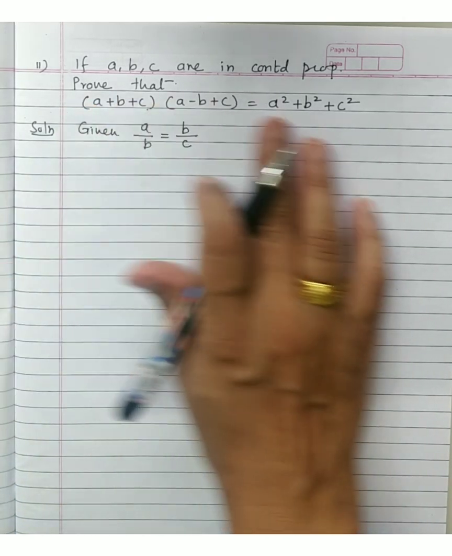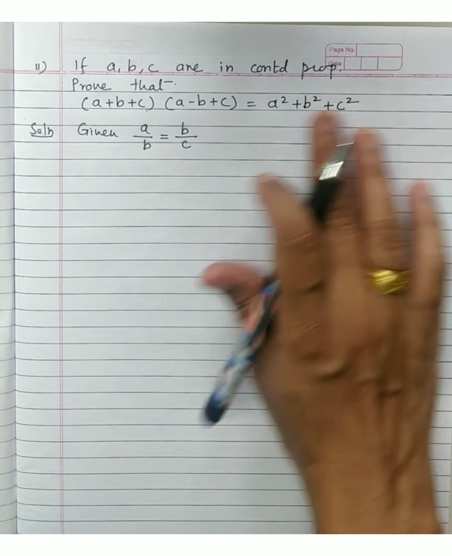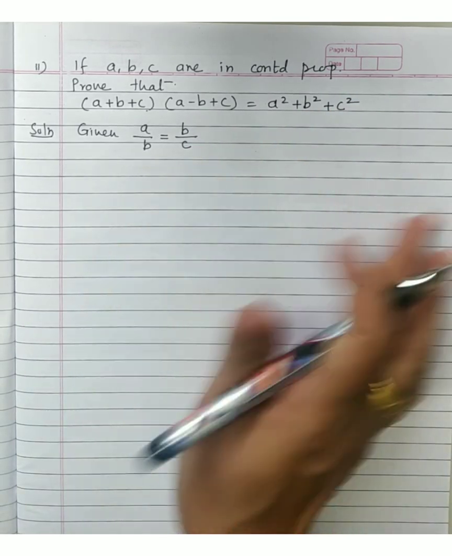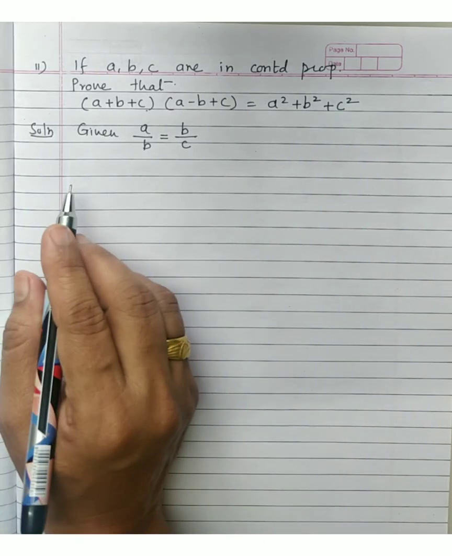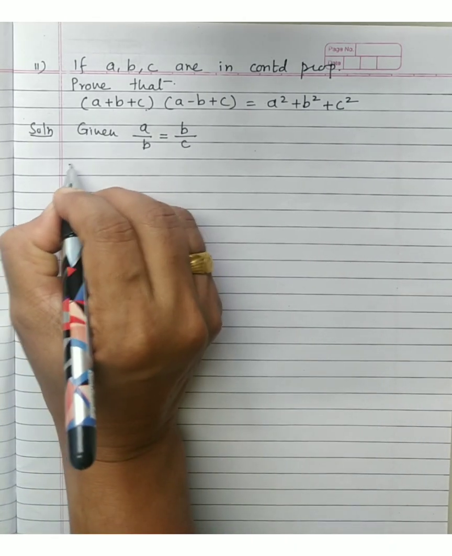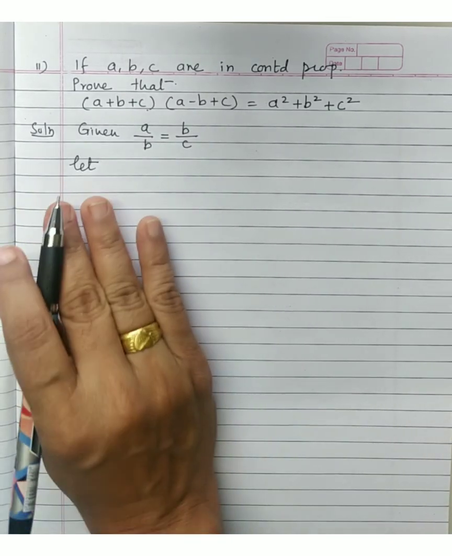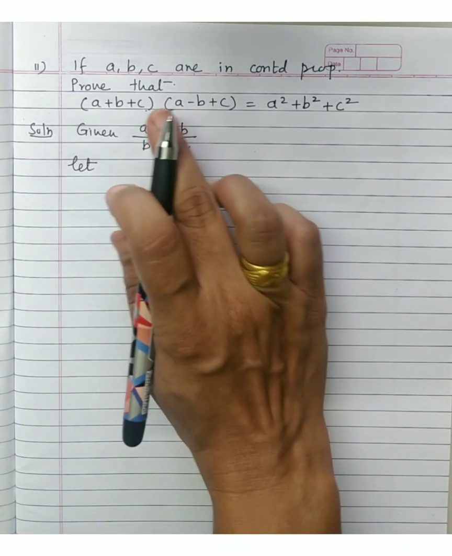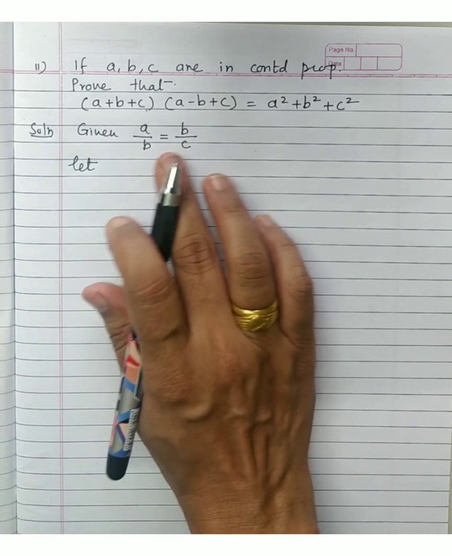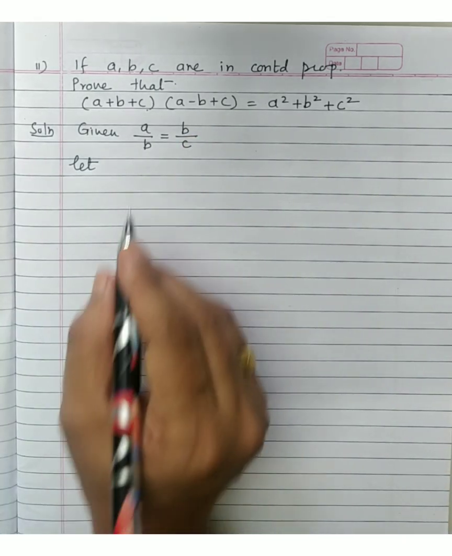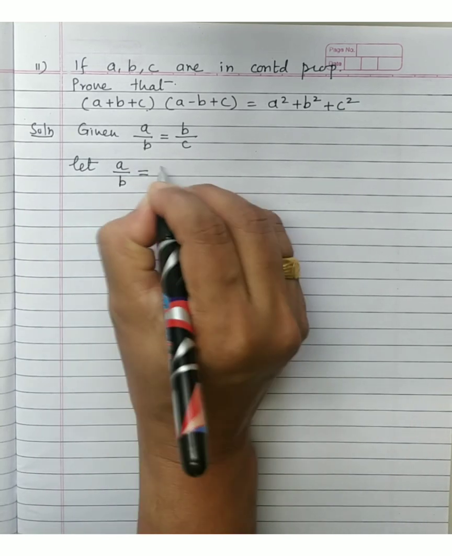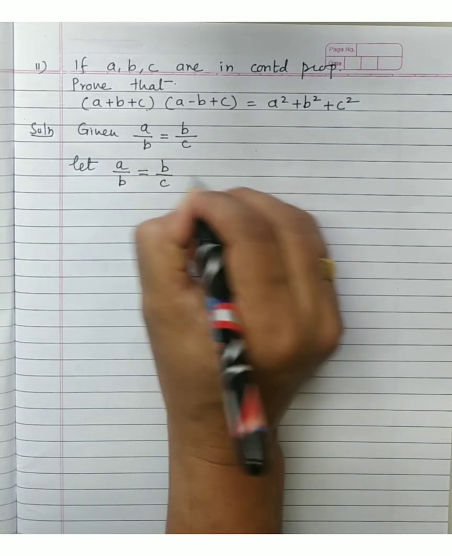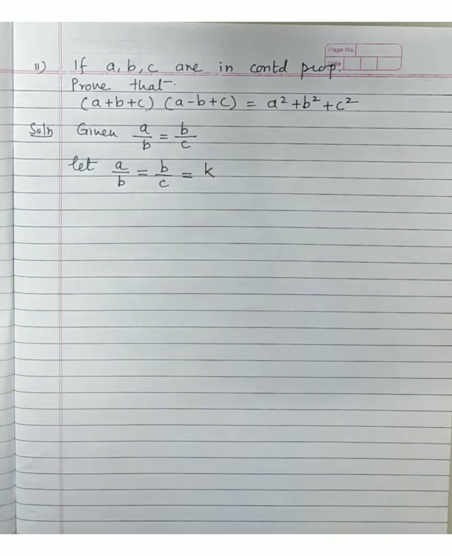But you see that if you start with one side, then it might sometimes go complicated. So there is one more method we'll go for. You need to observe the question and you need to decide the method. So I will assume, what is this method? K method. In this method, what do I do? Both ratios given, I assume both ratios are equal to some constant K. So let A upon B, which is B upon C, is equal to K. Both ratios are equal to K.